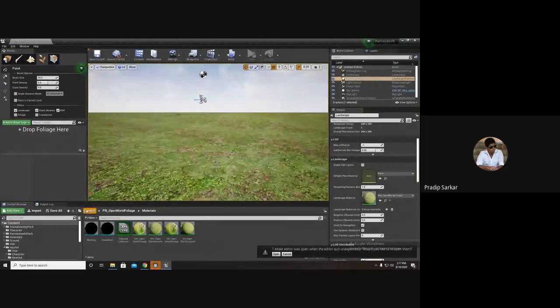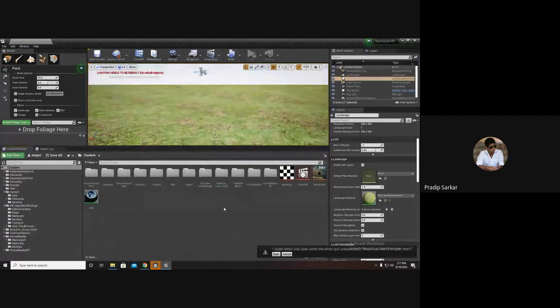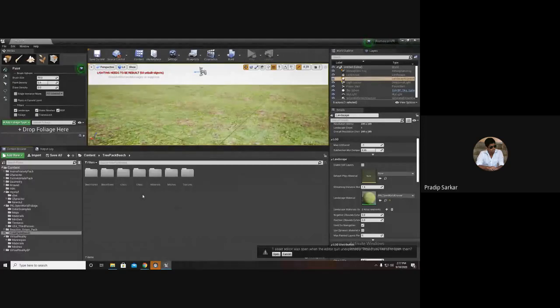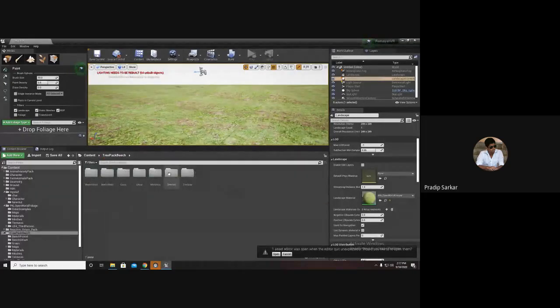So first I need some of the foliage to be present. So I will go inside my foliage. Let me get some of the foliages. First is the grass.